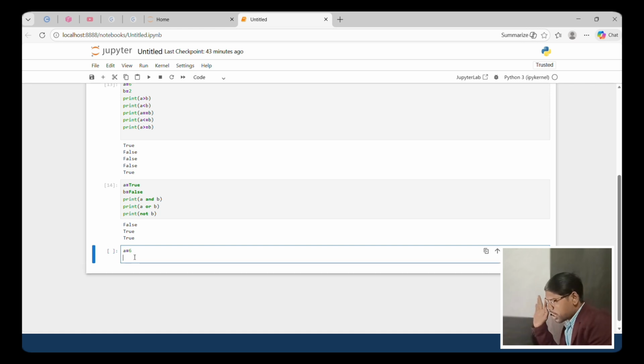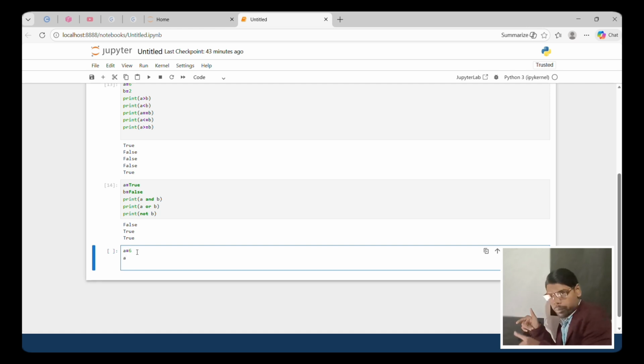Okay, this is an assignment operator, meaning 6 is assigned to A. Okay, and next, same A plus equal 8. It means A contains 6, so 6 plus 8 is 14. Yes, so 14 is assigned to A.